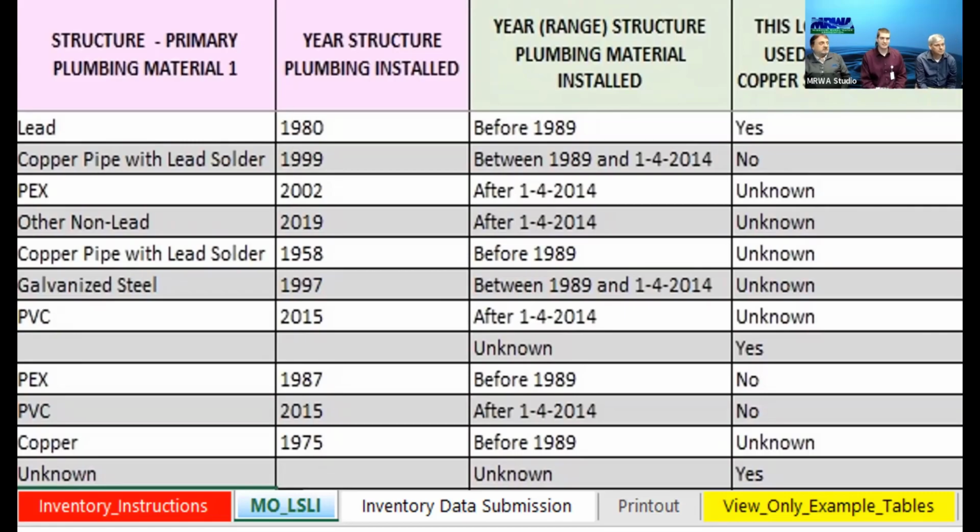How important is it to have the year the customer-owned service line was installed? Well, that helps with the risk tier calculation, and we're presuming the construction date of the building. For the service line material it might vary, but for the premise plumbing we're assuming the construction date is when the plumbing was installed. But yes, that does help with the risk tier calculation for the customer owned. Any comments, Jeff, on that?